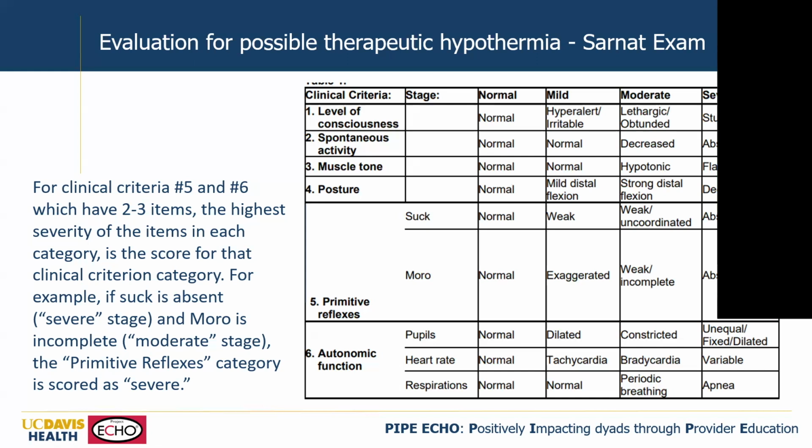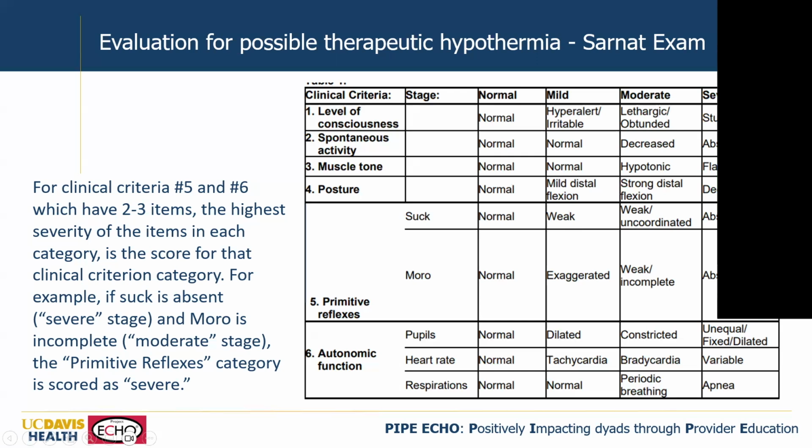And then we take categories 5 and 6, as the highest scoring thing within that category, if that makes sense. So say that their suck is weak, which would put them in mild because it's not uncoordinated, but then they have an incomplete Moro, you would call them in the moderate category for this, if that makes sense. Does that make sense for everyone here? And then same for